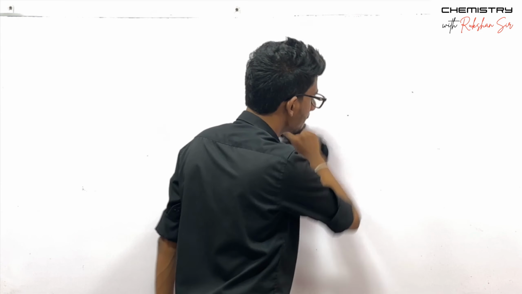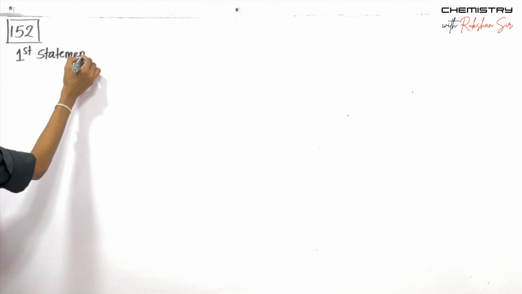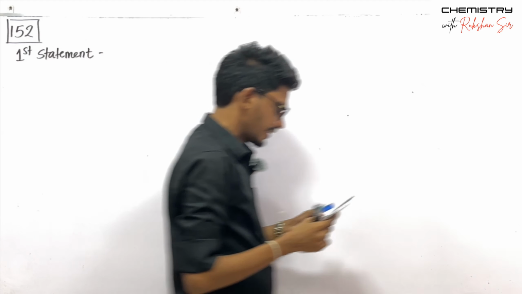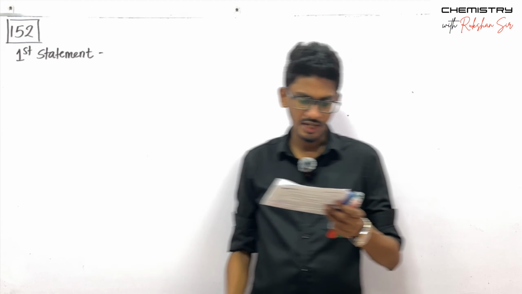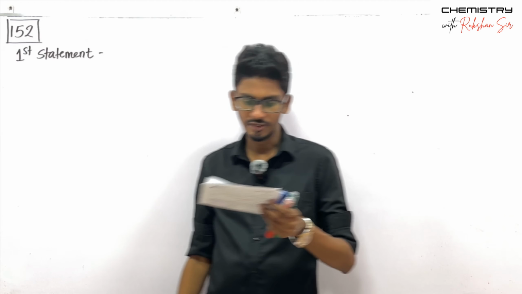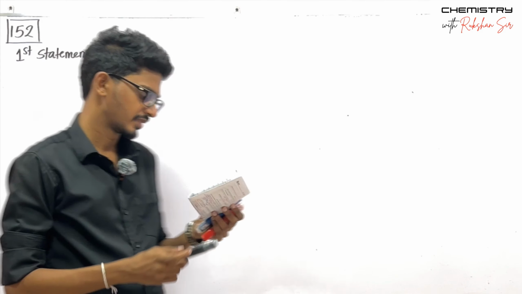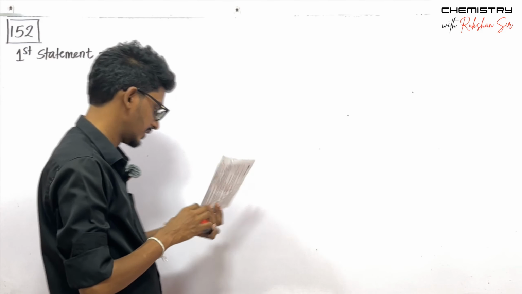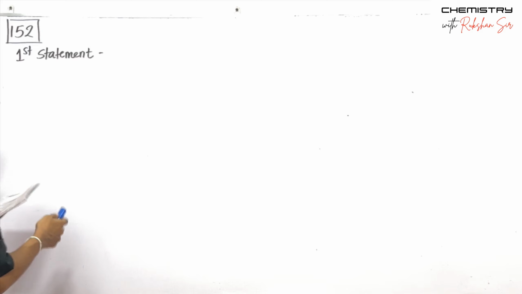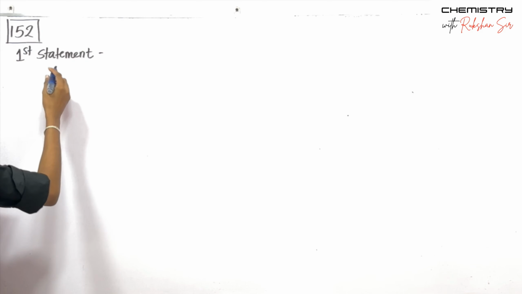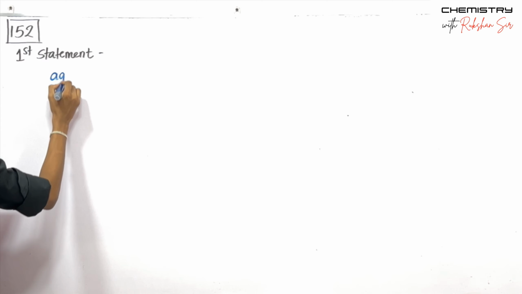So 152. See the first statement, see what it says. Cu2+ and Al3+ could be identified separately using an aqueous solution of ammonia. See what we could think of. So aqueous ammonia